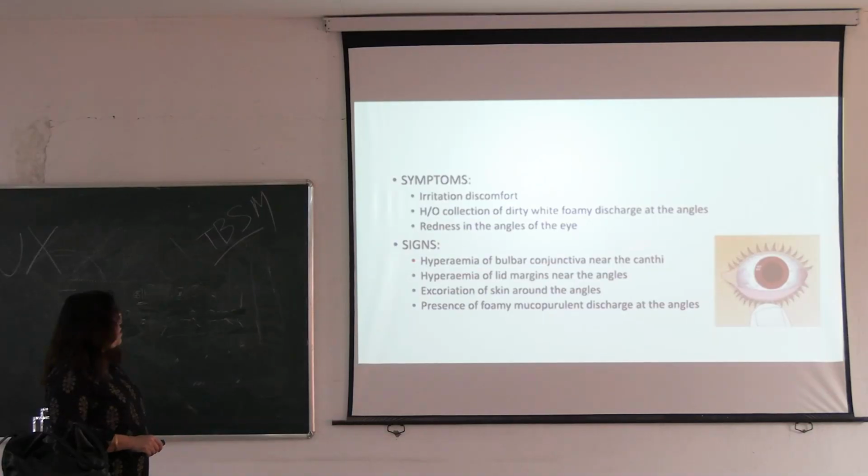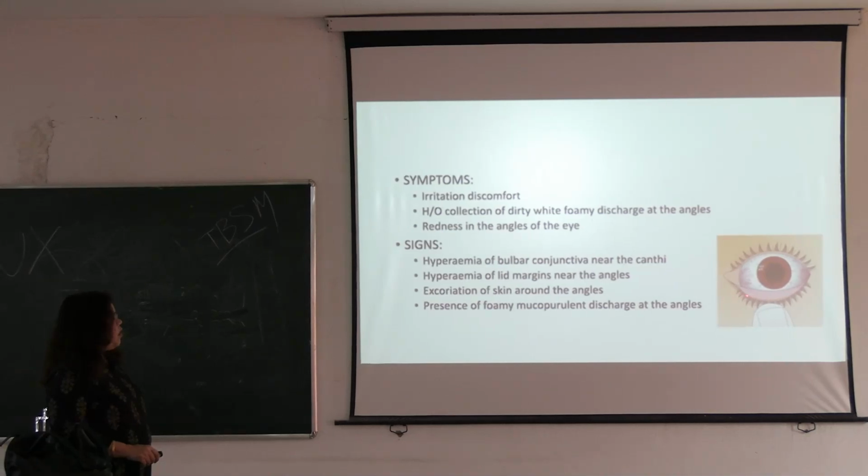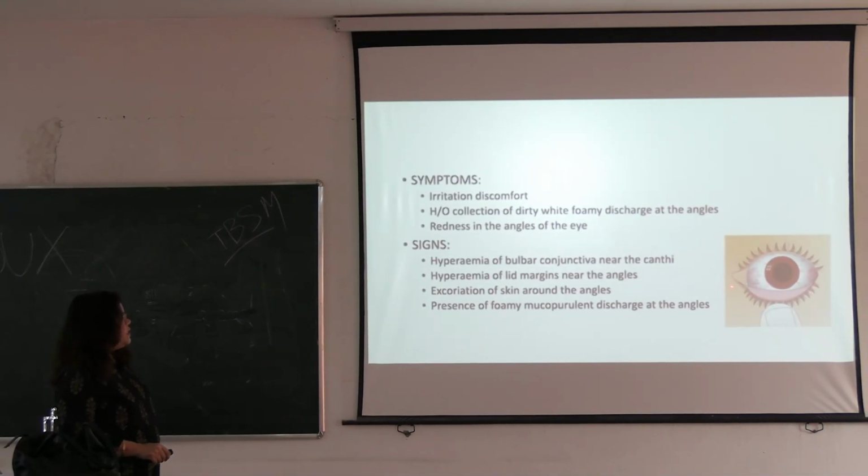And signs in this type of conjunctivitis: hyperemia of the bulbar conjunctiva is present only near the medial canthus. Hyperemia is not present in the other parts of the conjunctiva. Okay. And the lid margin is also involved near the canthus, and the skin is also